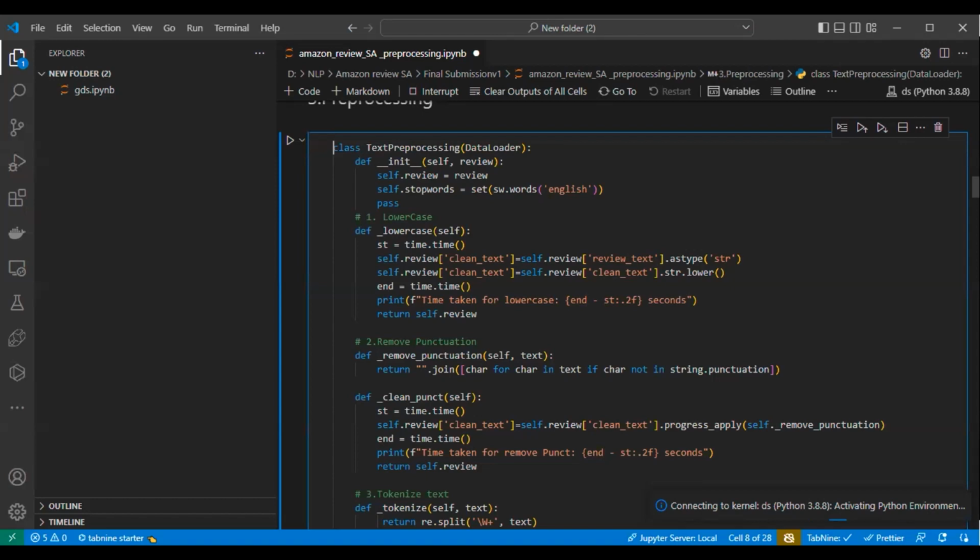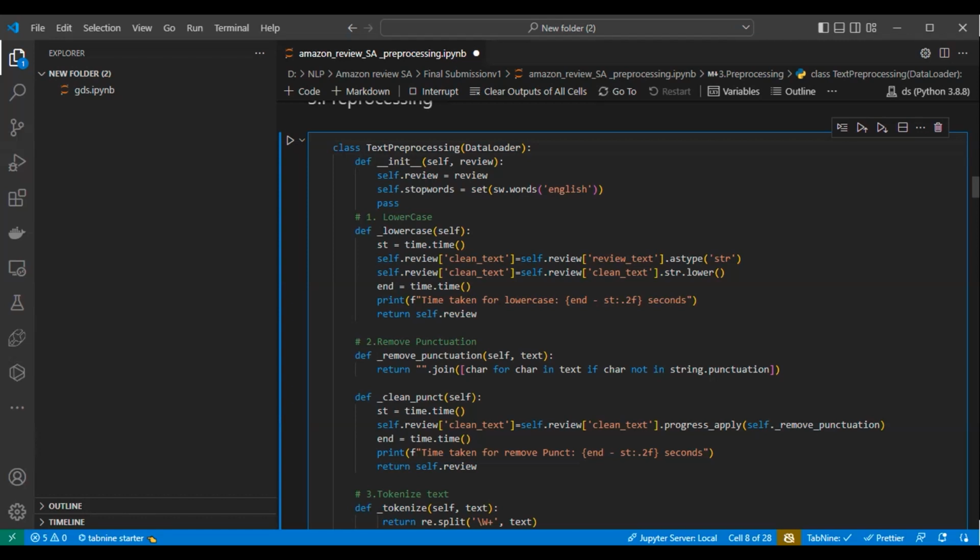Over here you can see the clean text which we have after removing the unwanted things; we convert that into lowercase. Once we convert it into lowercase, the next step, if you remember from the presentation and the discussion we had, is to remove all the punctuation from the text. After the punctuation is removed, we apply tokenization.